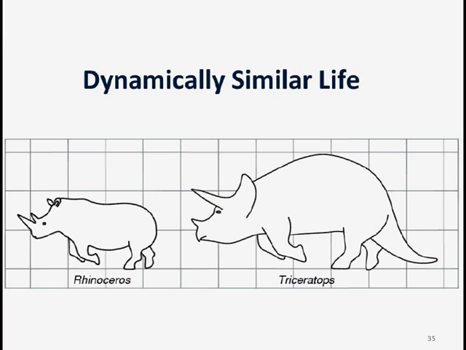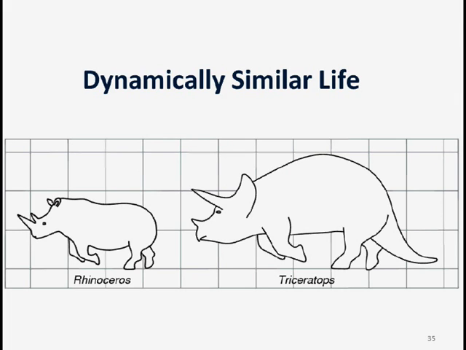Dynamically similar life can be compared. Triceratops was similar in appearance to a present-day rhinoceros, with the most notable difference being that Triceratops had 3 massive horns on its head and it was much larger. Triceratops grew to 8 meters in length and its mass was about 9 tons, so it was similar to an elephant in mass. Despite its elephantine size, the Triceratops seems to be dynamically similar to a present-day white rhinoceros and should have galloped in a similar manner. It is difficult to explain how such a large animal was so athletic unless gravity was